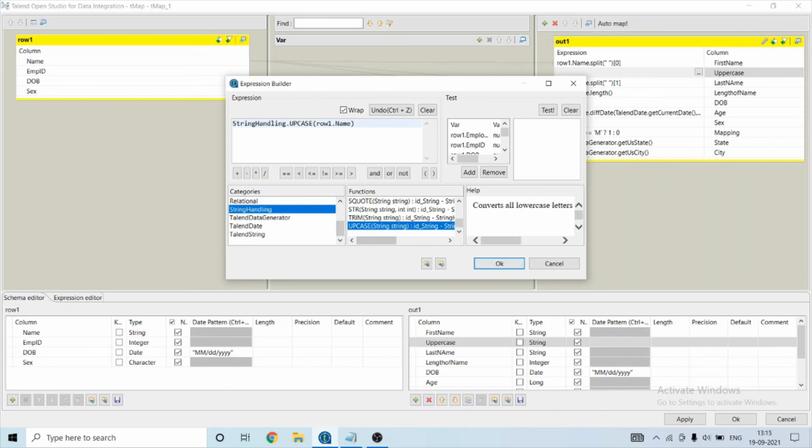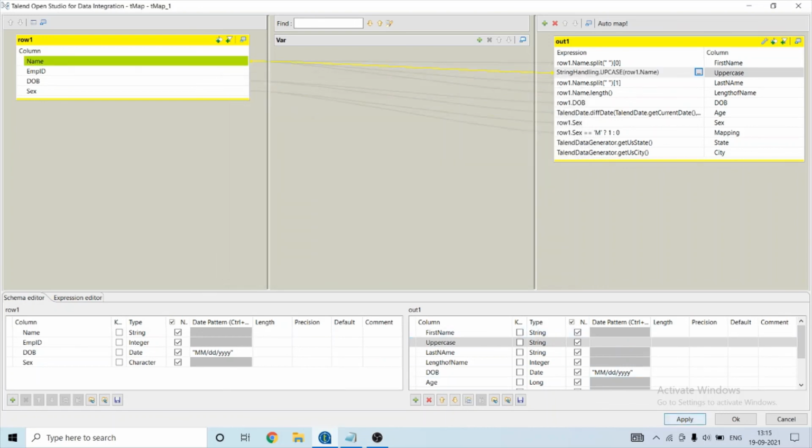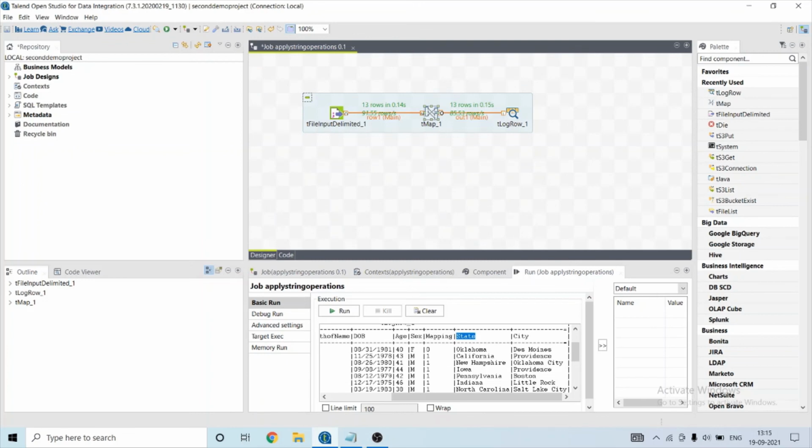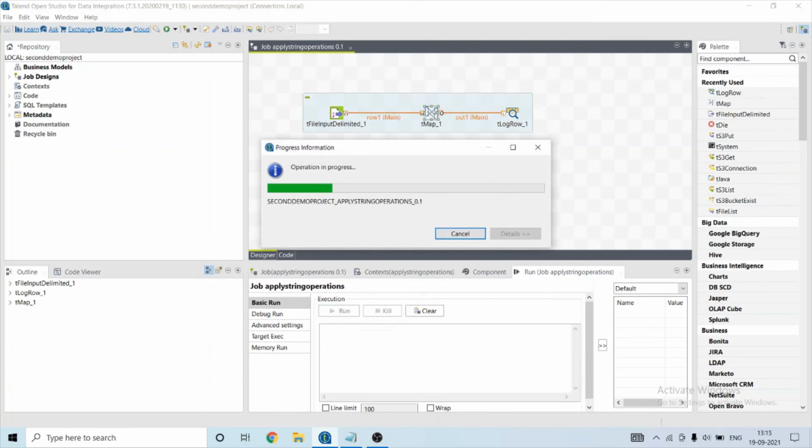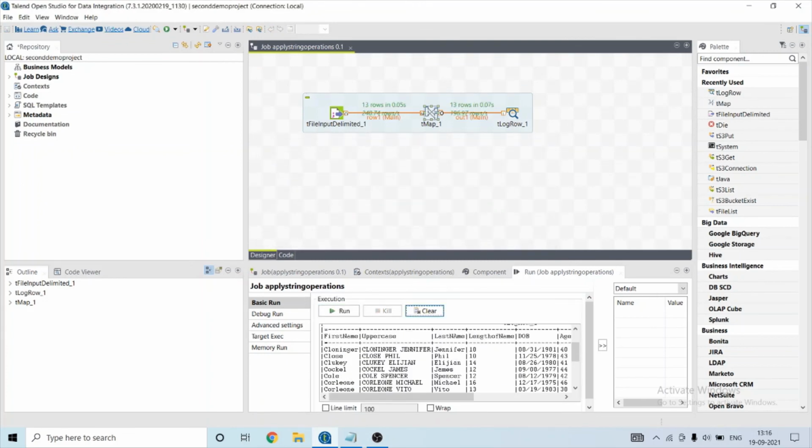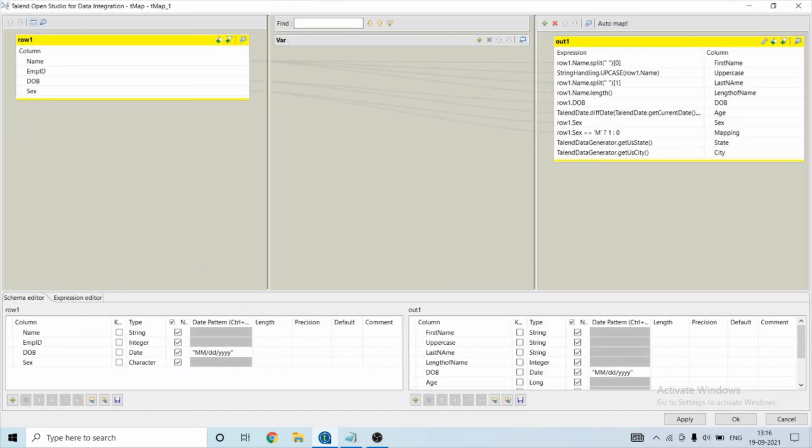Oh, I'm passing name here for now. So it will convert the name into uppercase. Here you can see now all my names have been converted into uppercase. Similarly, you can convert all the values into lowercase.